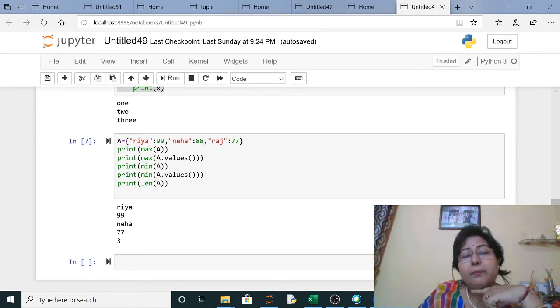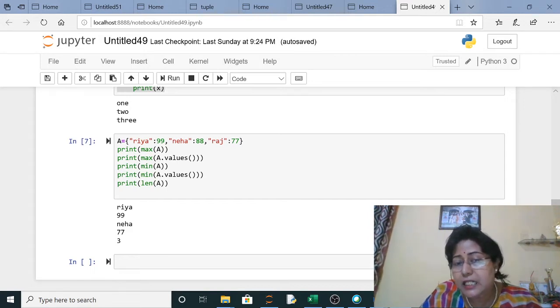Now I have written here print max A. Now see this carefully. Max A means it will take the keys. So in keys, Riya, Neha, Raj. Now maximum value means when you arrange in ascending order, first Neha will be there. Clear? So minimum of A will show Neha.